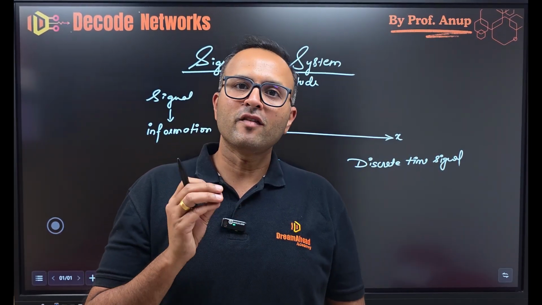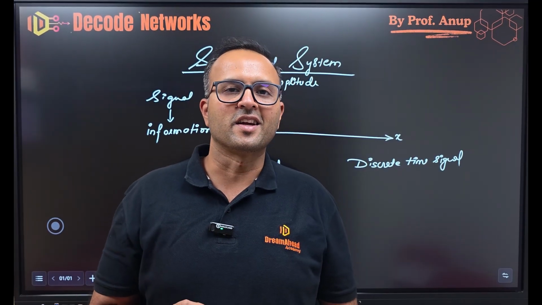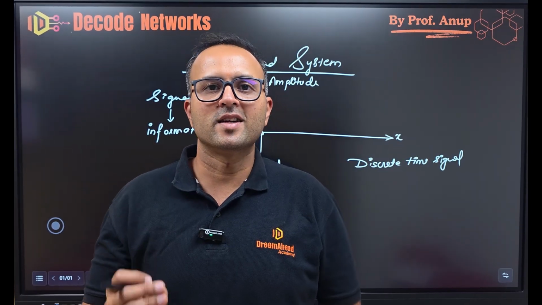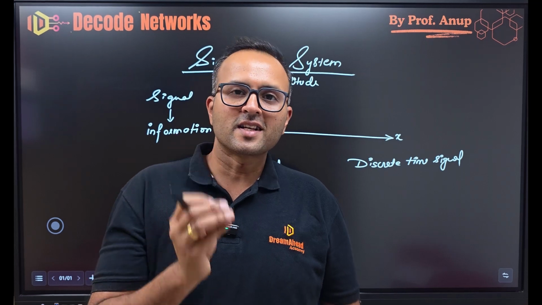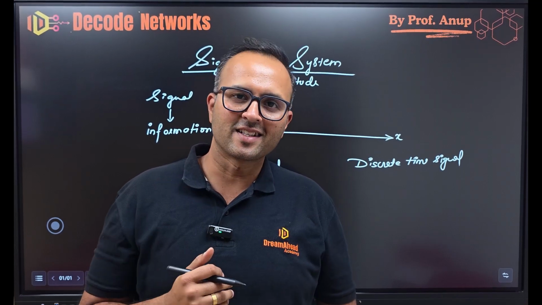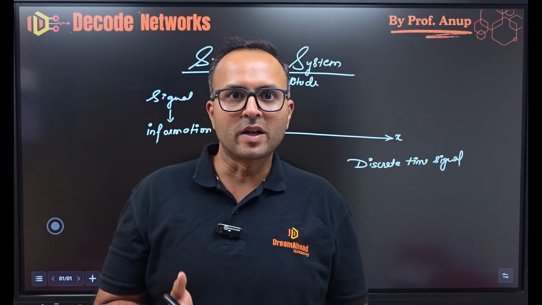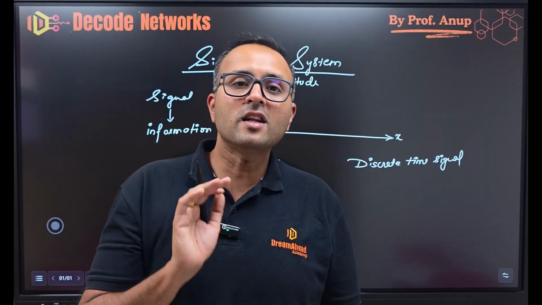In engineering, in first semester, we start with a subject known as BEEE, Basic Electrical Engineering. There we start with our first signal, that is nothing but the AC sinusoidal signal. You bring any appliance from the market, the first signal which you have to give is an AC signal, that is a power supply, right? 230 volt, 50 hertz, which normally works in India. That is the AC signal, right? That is a continuous time signal.